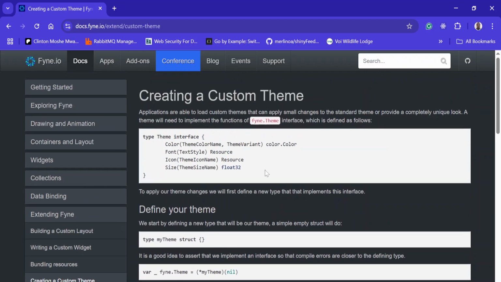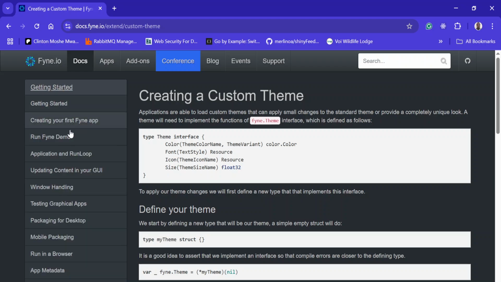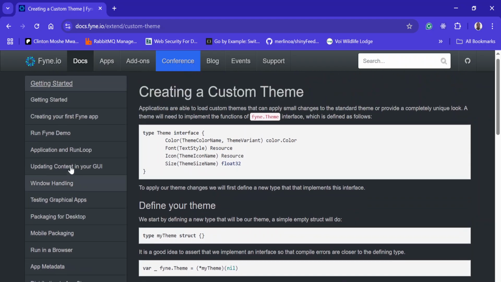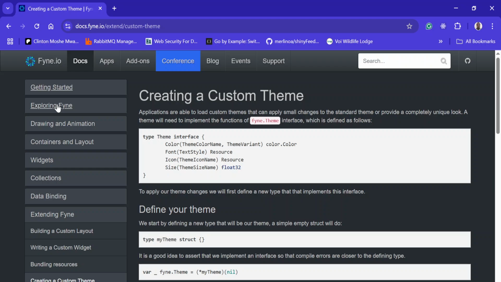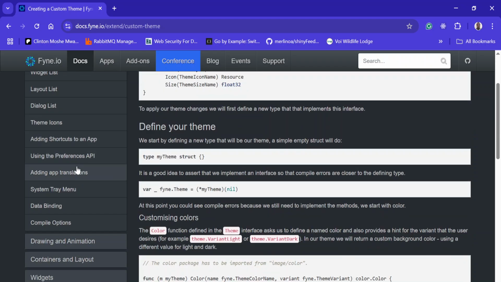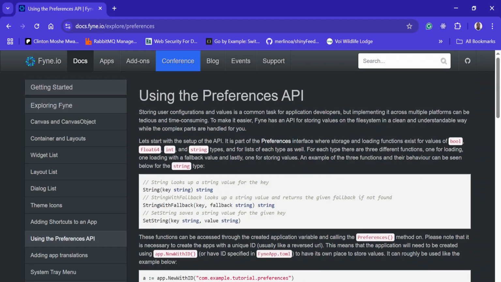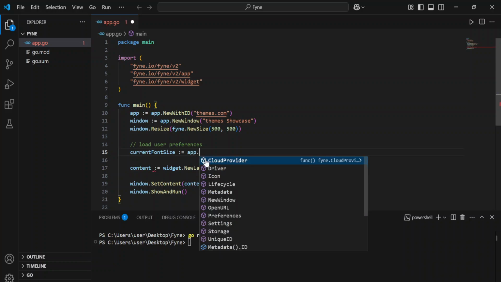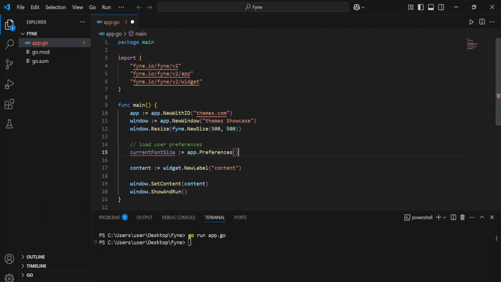This is the docs, and this is how you create a custom theme. You can come here, let's see, preferences API. Where is the preferences API? Yeah, this is the preferences API that we're going to use to store our themes, but it only works while the application is running. So we're going to say app.preferences